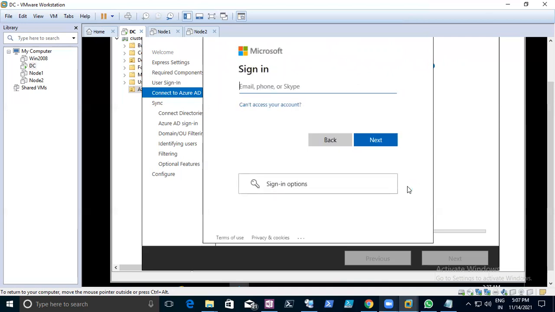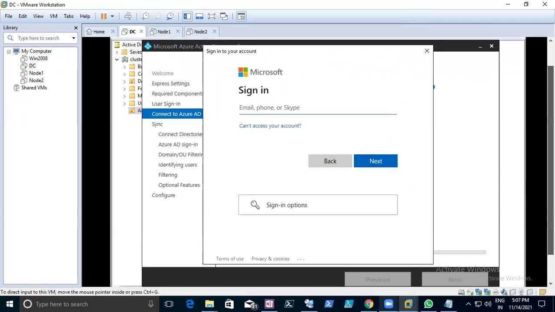Yes, sir. So now the sign in option. Which user do you need to provide here? This is the contact. But the previous user that we gave, it won't work. It works, right? It's authentic. That will also work.